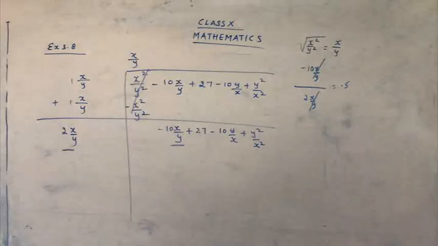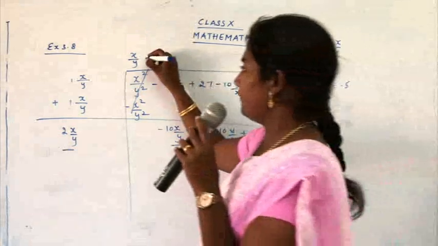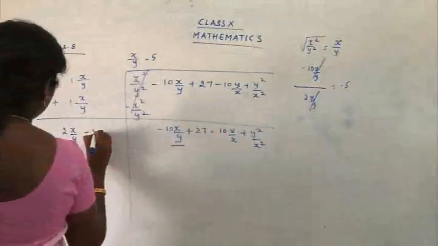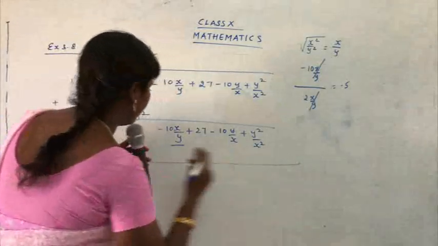See, the sum was looking so tedious. Yes, we were seeing so many fractions. But see the answer, just minus 5. So we have to write minus 5 three times. One in the quotient part and one outside the line. So it is minus 5, minus 5, minus 5. Okay, let's see the next step.